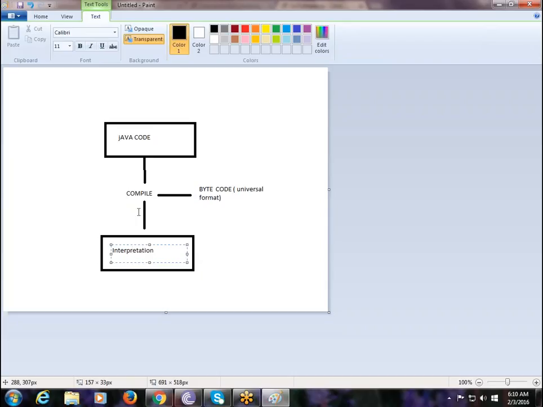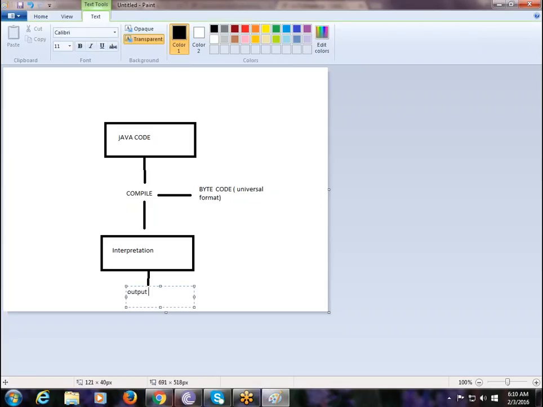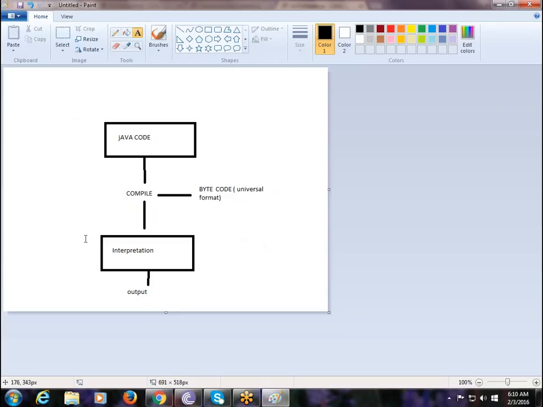Whatever you have compiled will be converted into bytecode. The interpreter usually takes input as bytecode, executes the instructions step by step, and from the interpreter you will get the required output. This is generally what happens in the phases while executing programming languages.